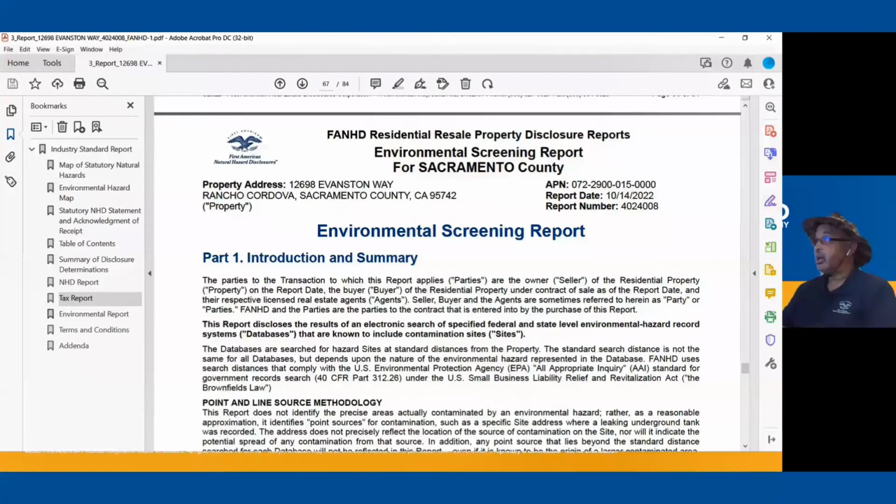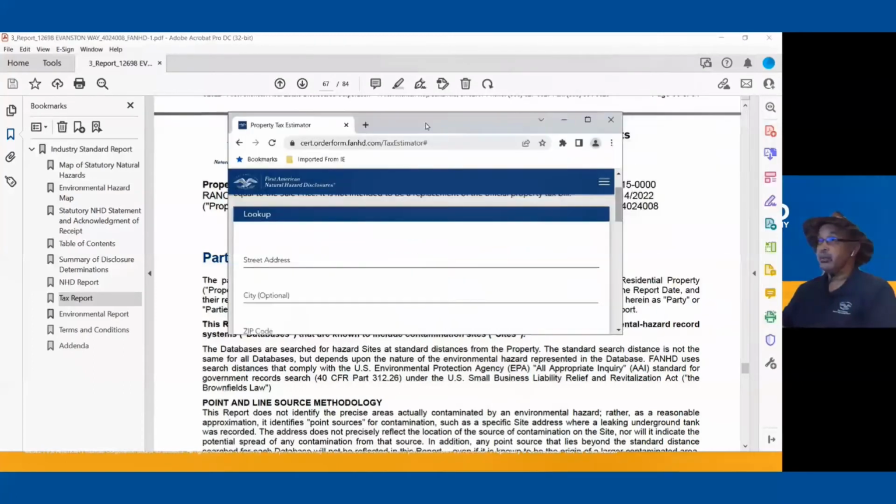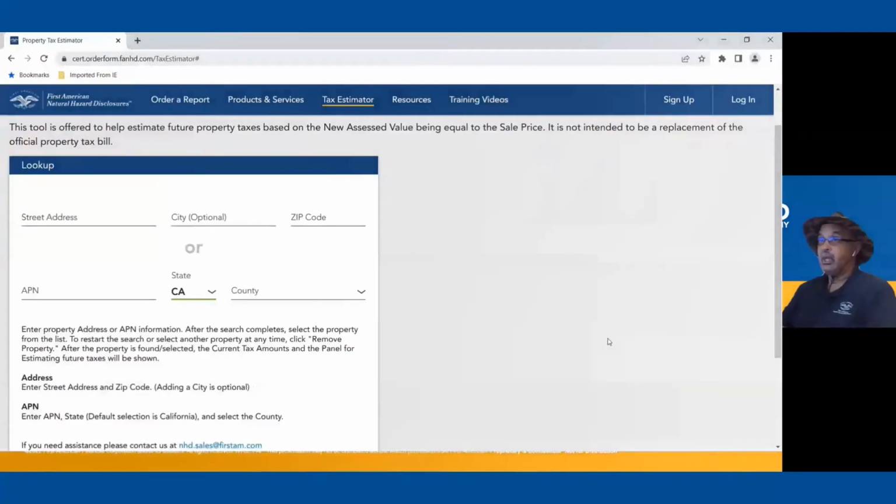Now let's take a look at our new property tax estimator. The property tax estimator will allow you to obtain a tax estimate on any property in the state of California. So we'll put in a property address.